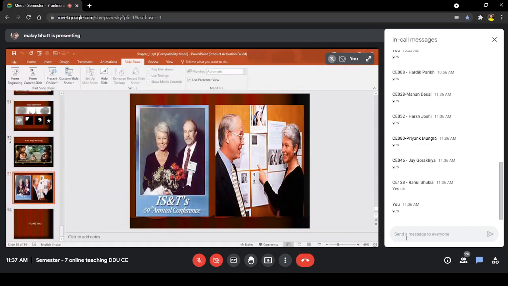So this is the last slide. You can see that the same lady is present with the chairperson of the conference. The 50th annual conference is there, and she has been invited as a chief guest, and she is looking at the research paper in which her picture is there, and they were discussing that in many papers, in almost all image processing papers of that time, and in all the image processing books, her picture is used widely by the researchers.